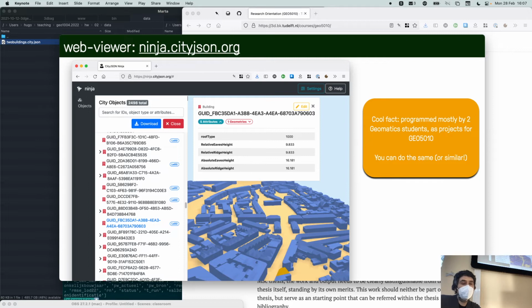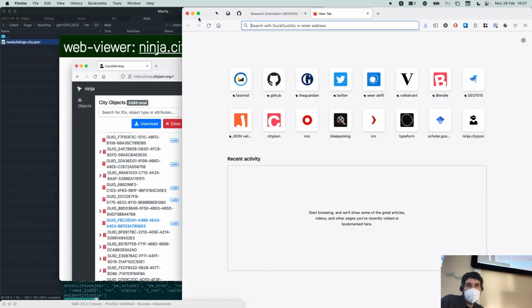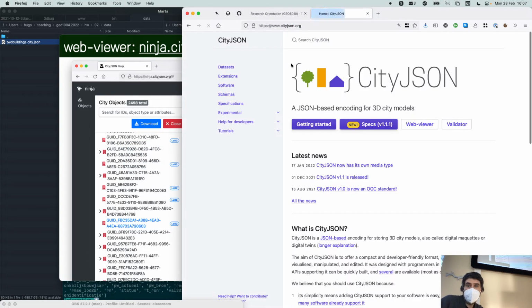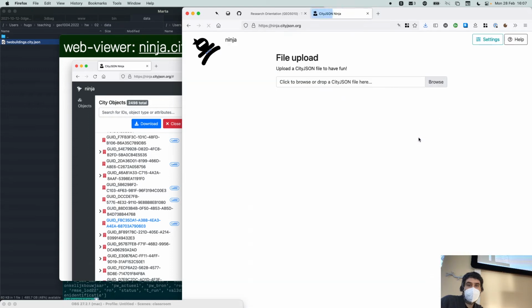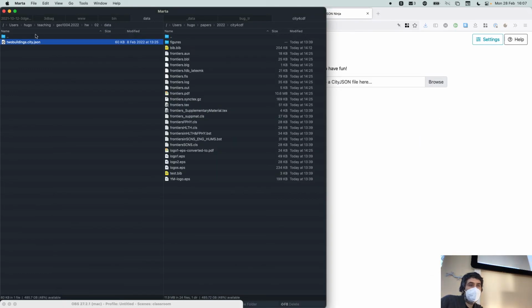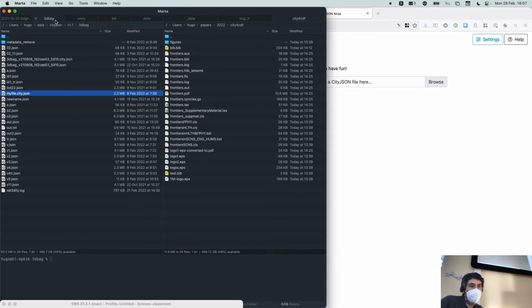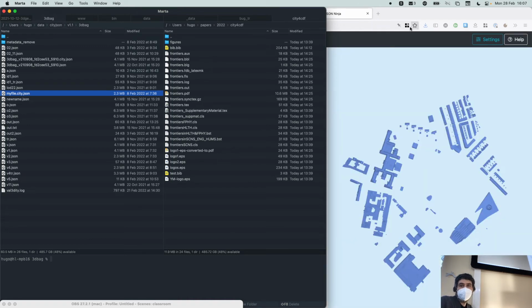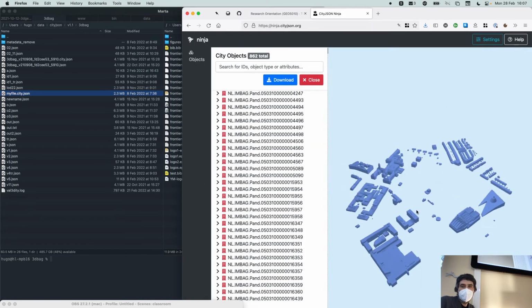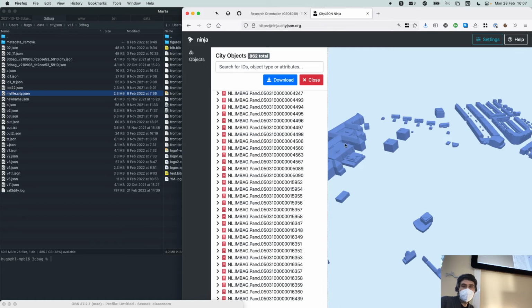If you go to CityJSON, we have the web viewer here, and you can take any file, I think I showed you last week. You can see the file, but you can also click on something and access the data and the attributes that come with it.